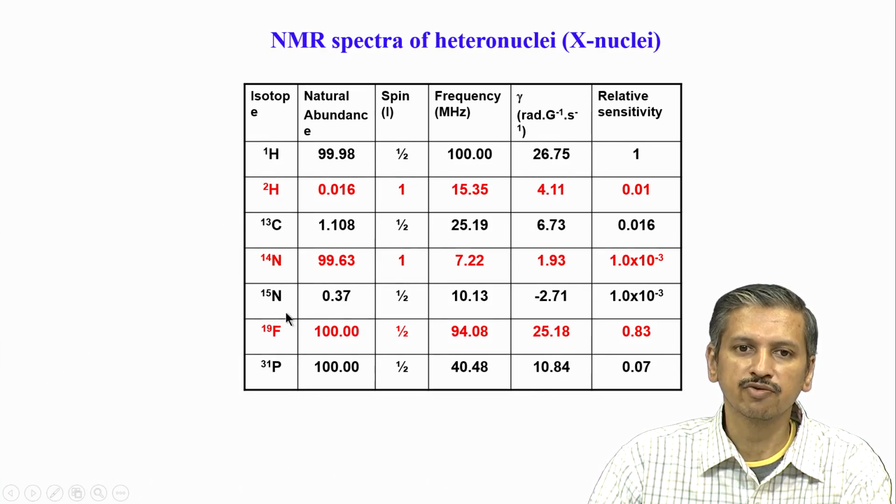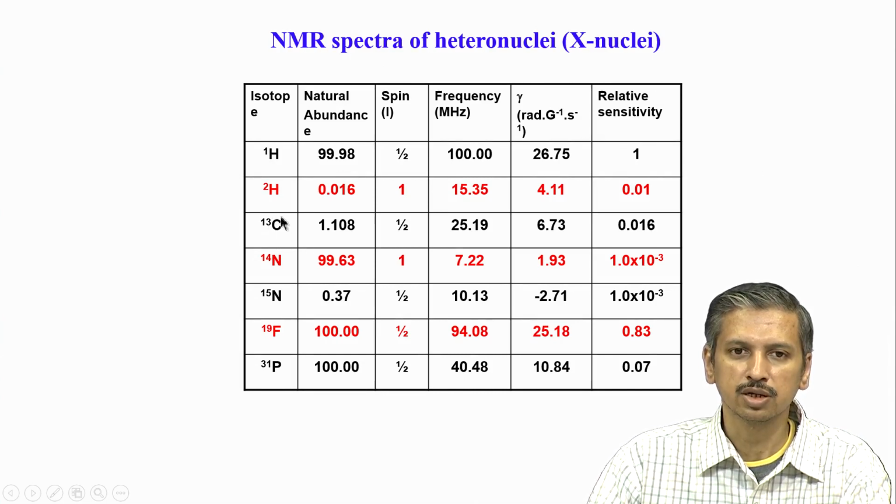The CSA in nitrogen-15 is also high, but not as high as in phosphorus and fluorine. Carbon and proton are relatively low in terms of CSA. So, carbon and proton always remain the best nuclei to study at higher magnetic field, but carbonyl, we will see, also has a very high CSA. So, not all functional groups of carbon are easy to study in biomolecules, but methylene, methyl and methine systems are not such a big problem. Aromatic carbons also have CSA, but again not so prohibitive as in the case of phosphorus and fluorine.